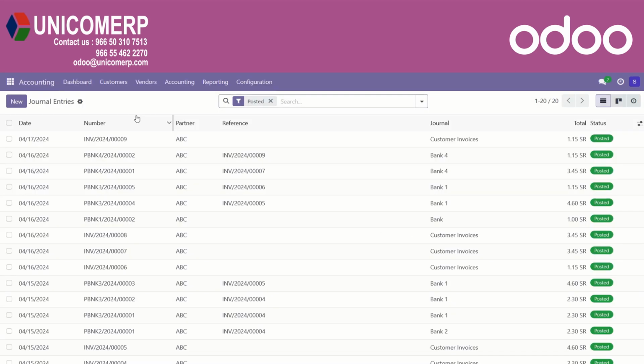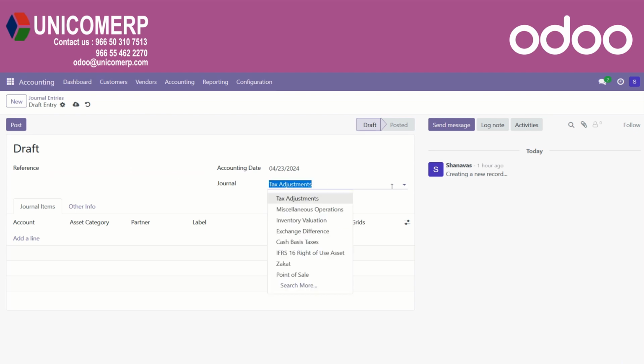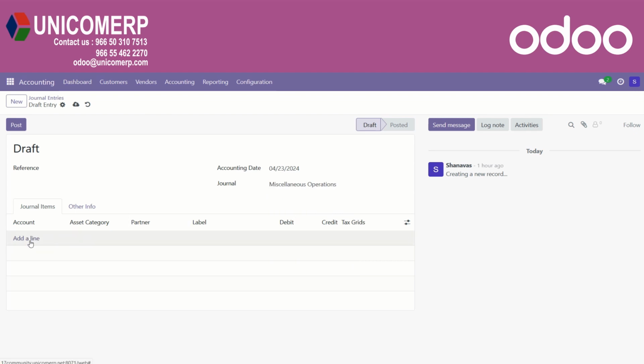The journal entry screen allows users to create new entries by clicking the new button and displays all the information about the journal entry, including the date, number, partner, reference, journal, company, total, and status. It is necessary to have at least one line of credit and debit with equal amount.